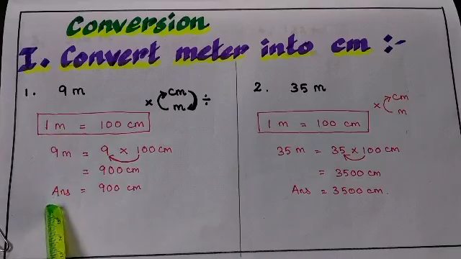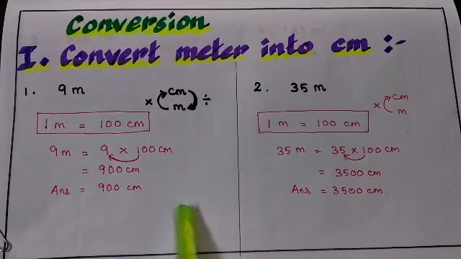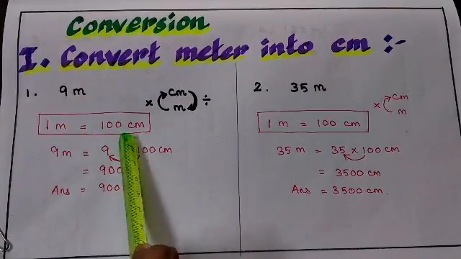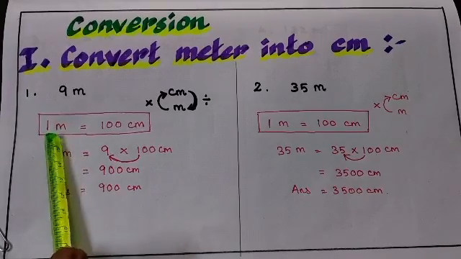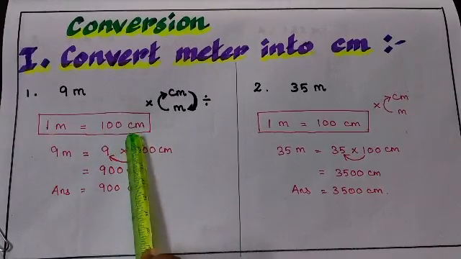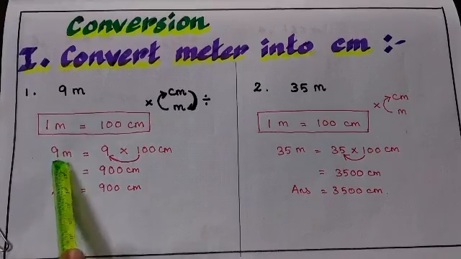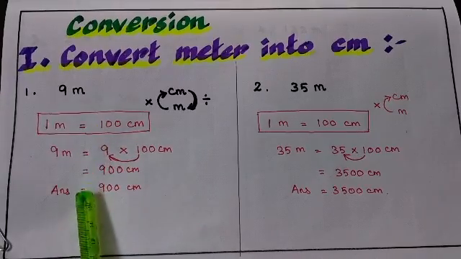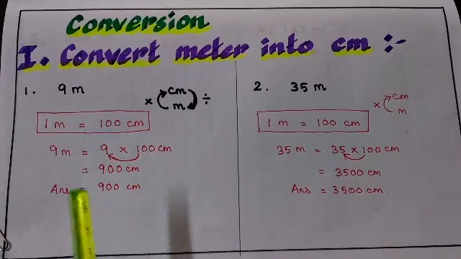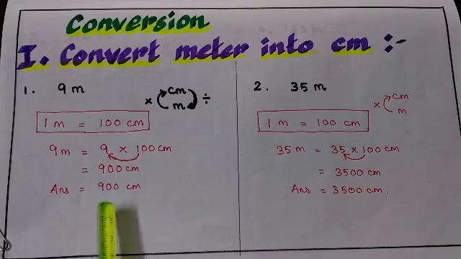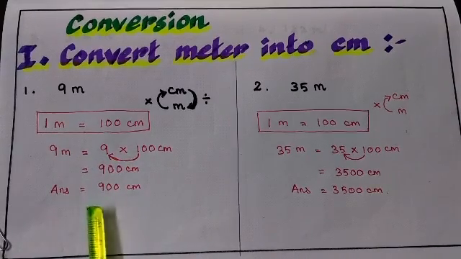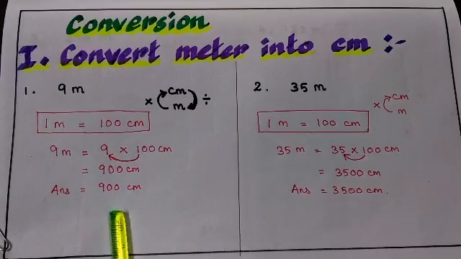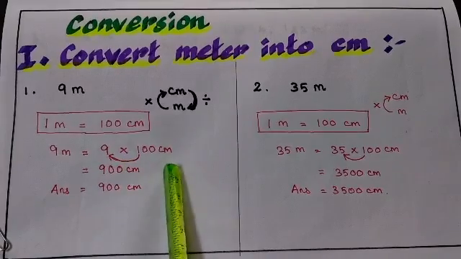I'll explain these sums and start doing one sum for you. First one is 9 meter. This is the standard formula: 1 meter equal to 100 centimeter, isn't it? So 9 meter is the question. We write the question straight away here, and the equal symbol and the numbers should be written very clearly, the same way I have written here. Then only does it look good, and you can see the sum easily. Okay children, 9 multiplied by 100 centimeter.